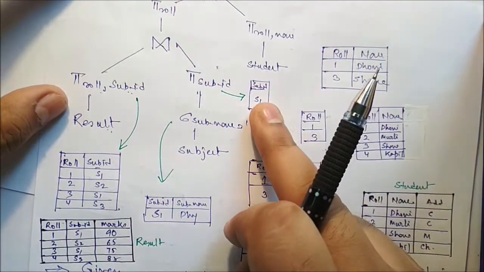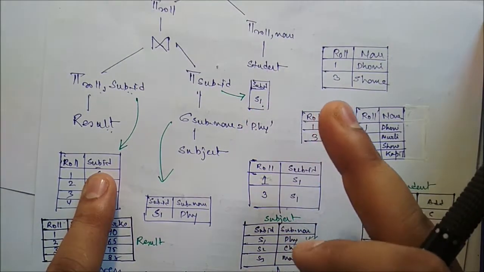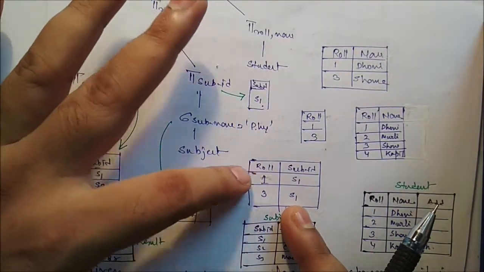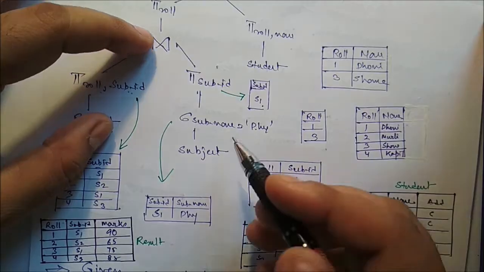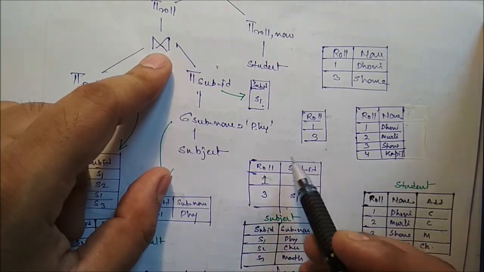Now after that we have to merge this table and that table, on the subject ID. So if you merge these, it will create another intermediate table. So this is our intermediate table. It will execute and we will get the output after this one. We are receiving this one.